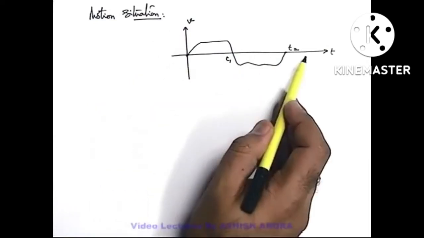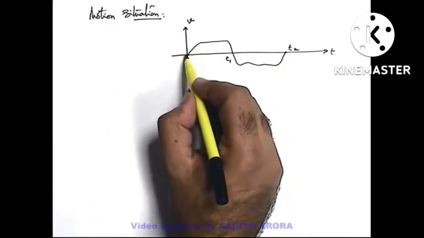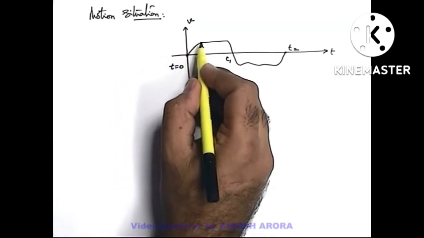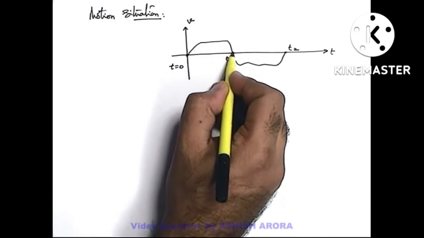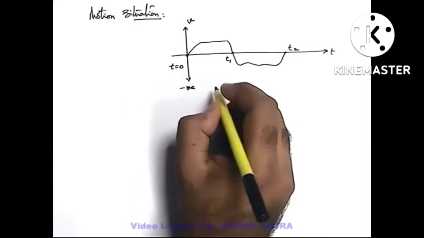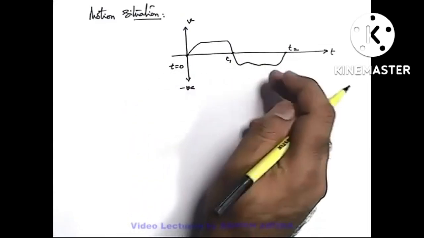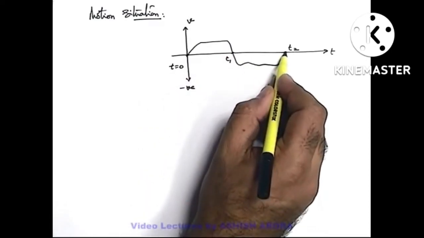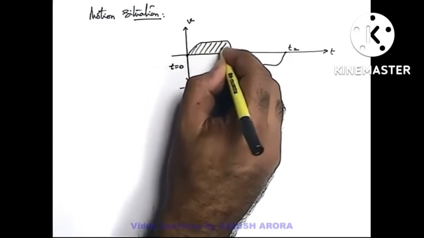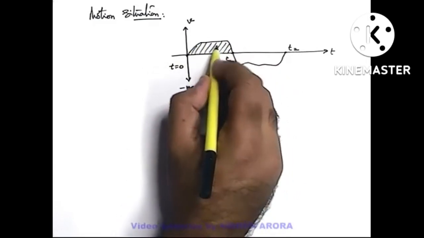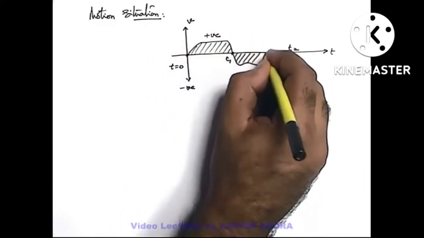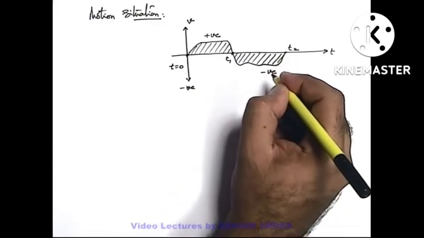If we just have a look on the motion situation as shown in the velocity time graph, a particle moves in such a way that at t equal to 0, its initial velocity was 0. First velocity increases, that means it was accelerating, and then after some time it decreases, and again it becomes 0 at time t1. Then velocity becomes negative. You can say this is the negative direction of velocity, and velocity becomes negative, that means particle has returned in opposite direction, and at time t2 again its velocity becomes 0. So in such situation you can say from time 0 to t1, the area between the curve and the time axis is above the time axis is positive, and from time t1 to t2 you can see that this area is below the time axis, so this is written as negative.